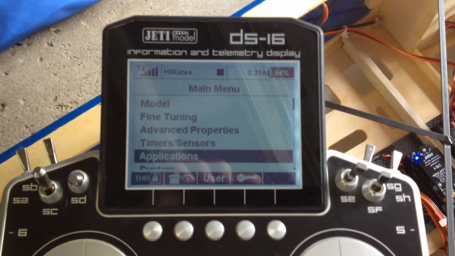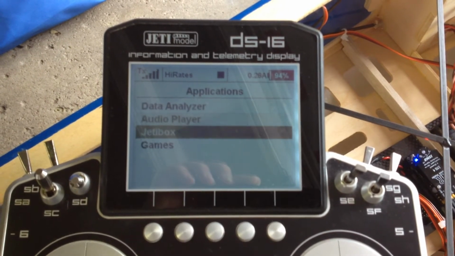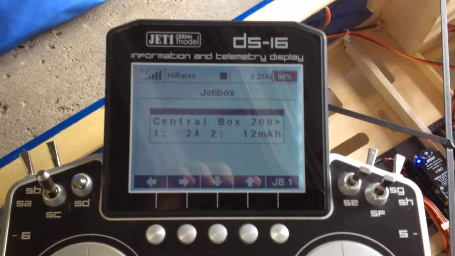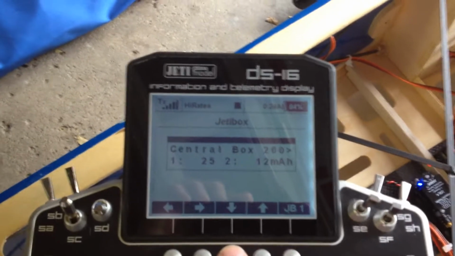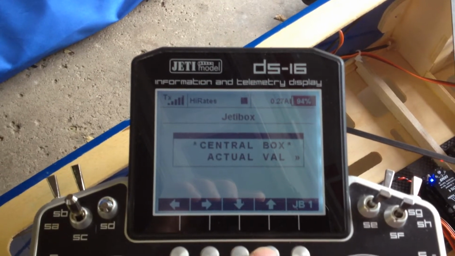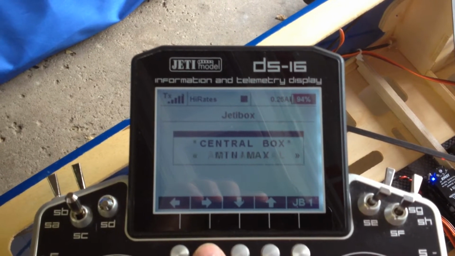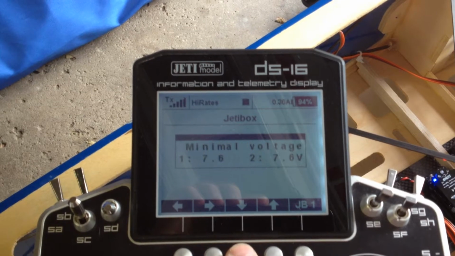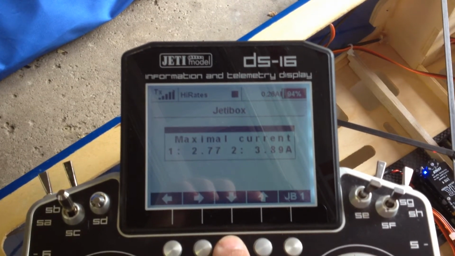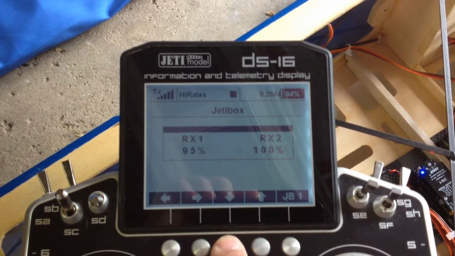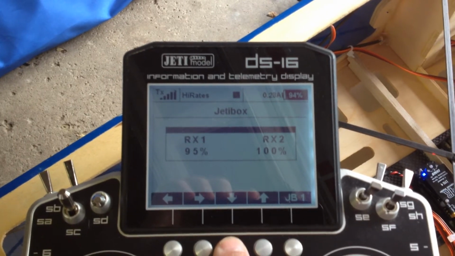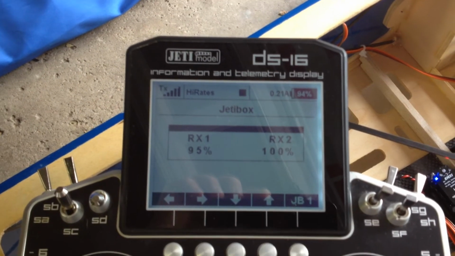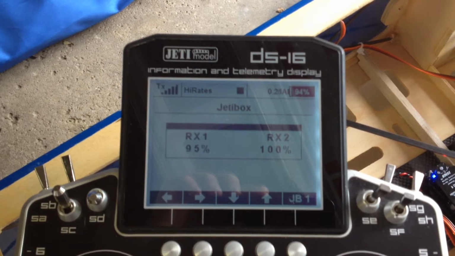So we're going to go to Applications, we're going to go to Jeti Box, we're going to go into the central box. You're going to push down, you're going to go one right to the max min values, and you can see all these values also in the Device Explorer, but this is an important value here. This actually is telling you